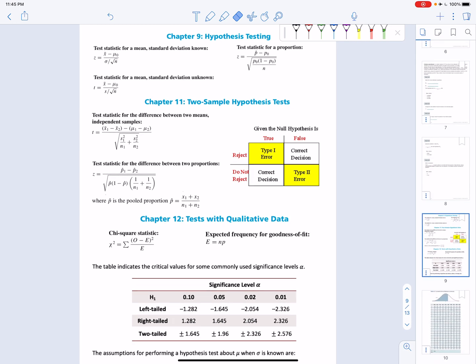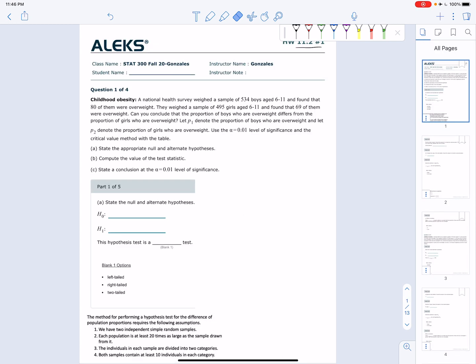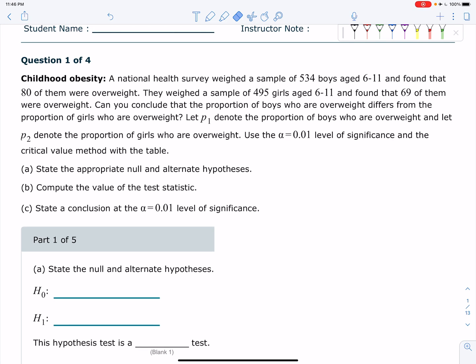Whoops, let's get on over to page number 1, if I can get there quickly. There we go, and I think I'll zoom back out. What I'm going to do is use color to help us identify the different groups, because there are going to be two proportions. So it says childhood obesity. A national health survey weighed a sample of 534 boys aged 6 to 11 and found that 80 of them were overweight. Now, before I continue,